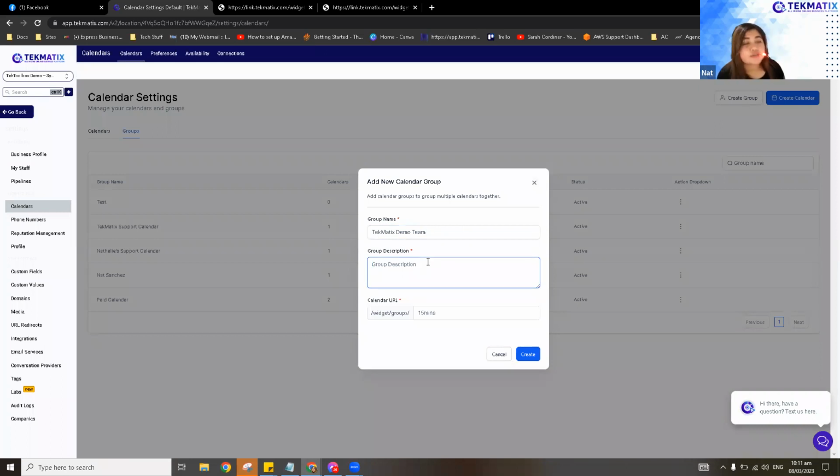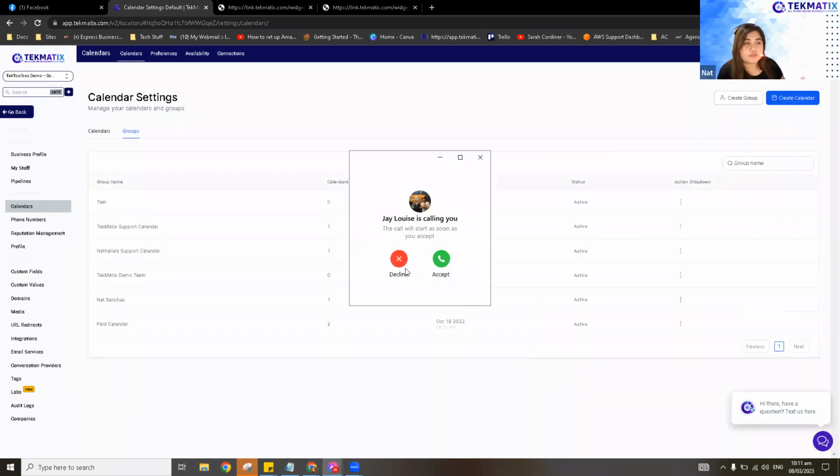In the description, you can put a quick bio for your company or your branding. Let me just do join our TekMatix team. I'm just filling it in. And then the calendar slug needs to be unique, so I just do company name dash demo. Click create, and that would be it.